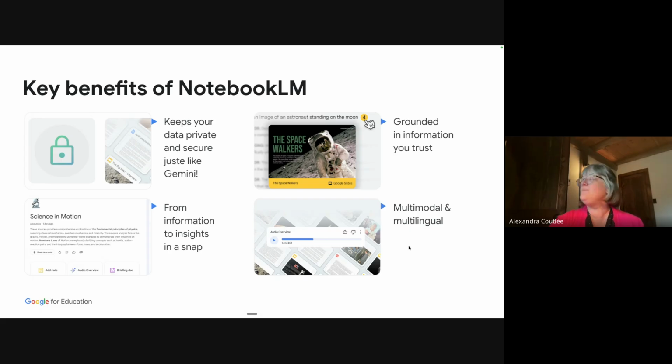Now, what does that mean? Multimodal means audio, images, text, video; it can take all of these forms and formats. Multilingual means if I put my NotebookLM sources in Spanish, English, and French, I can have a conversation in the chat in French, even though some of the documents are not in French. It will answer me in French, and I can continue the conversation in Spanish if I want to. Well, I wouldn't, because I don't speak Spanish, so I wouldn't know what it's saying, but you could continue the conversation in the language of your choice. So very neat, multilingual, multimodal.